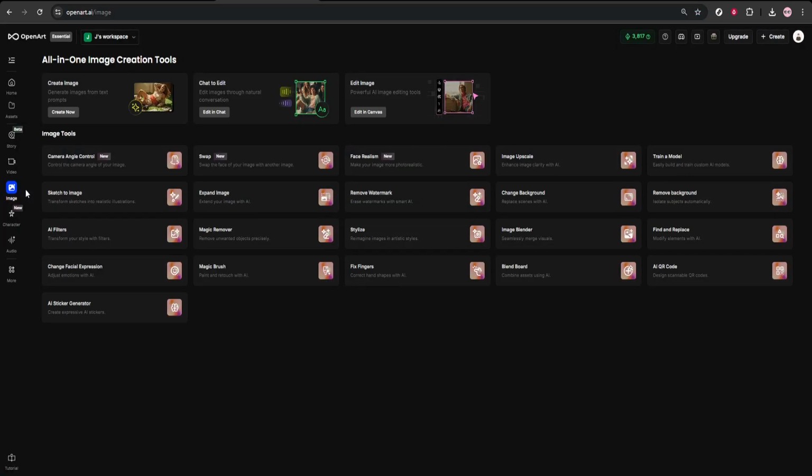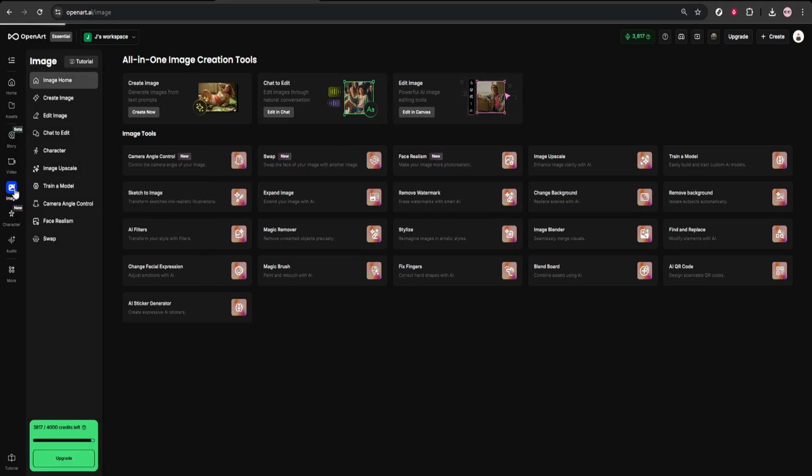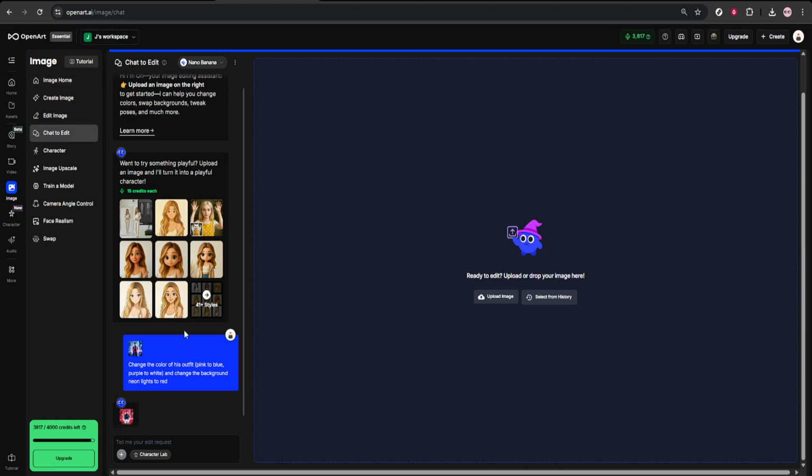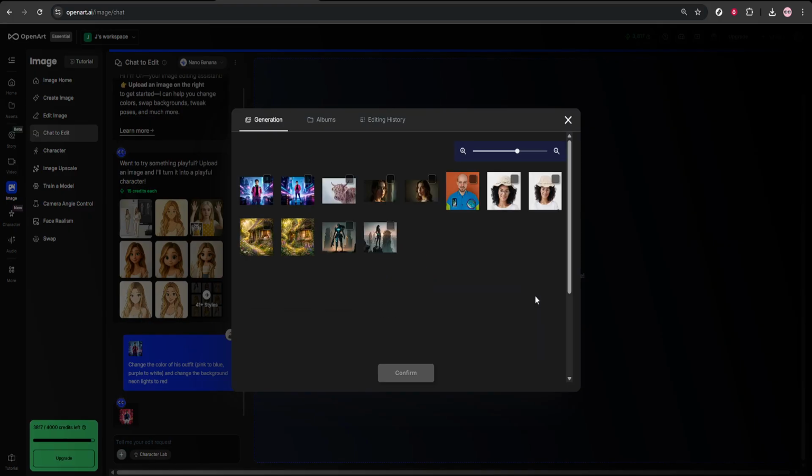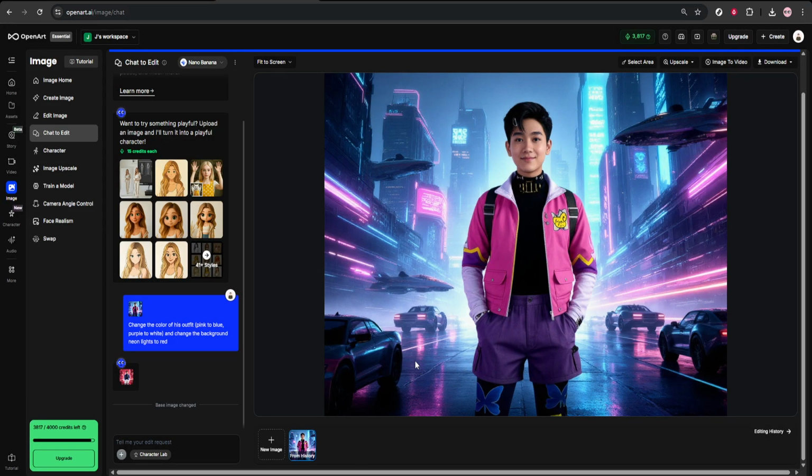This mode lets you describe your color changes in plain language and have the AI apply them for you. Next, bring in the picture you want to work on. You can upload a new image, or, if you've worked with OpenArt before, select one from your history. I'll use the History option here. Click Select from History, browse your past projects, pick the image you want, and then click Confirm to load it